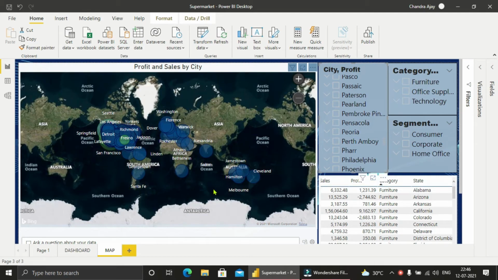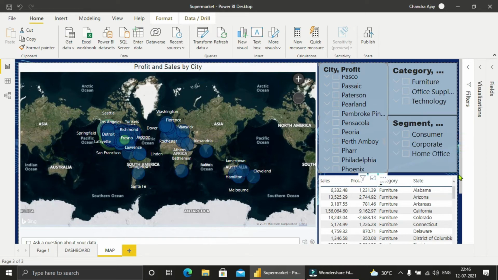Now let's visualize the data even more. So this is the world map, in which you can see that most of the markets are located in the USA, and next is the European countries, where there are more of the markets located. And you can also see that there are few markets in South America, Africa, and India, and few in Australia as well. So this is a slicer bar, where you can specifically select a particular state, and if you want, even select the category and segment. Based on that, you can analyze the data even further.